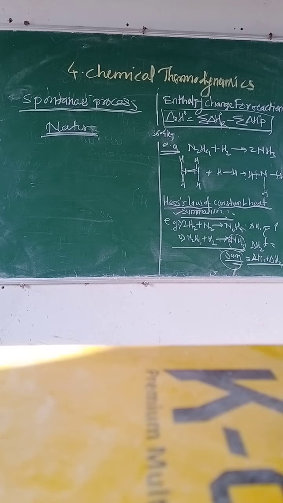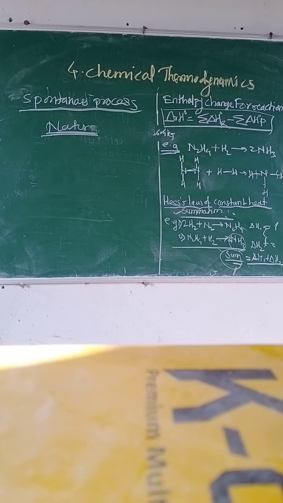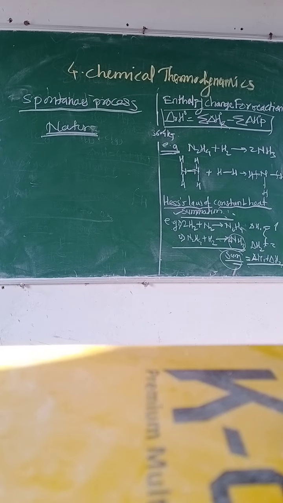See the example of ice melting. When you put ice out in open space, it melts above 0 degrees Celsius, and that cannot be reversed. A hot coffee cup placed at room temperature releases heat to the surroundings. This process is spontaneous. Water flowing from a higher level to a lower level is a spontaneous process. When you add NaOH plus HCl, that reaction is spontaneous.